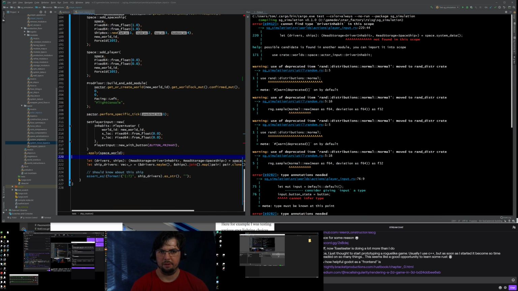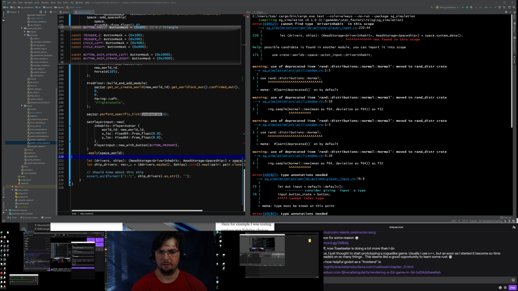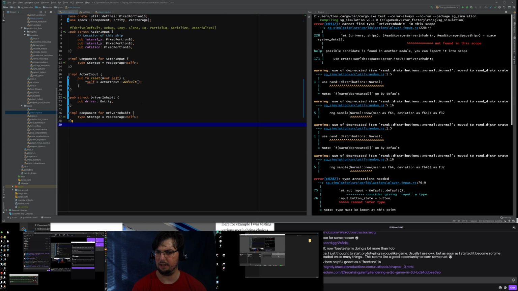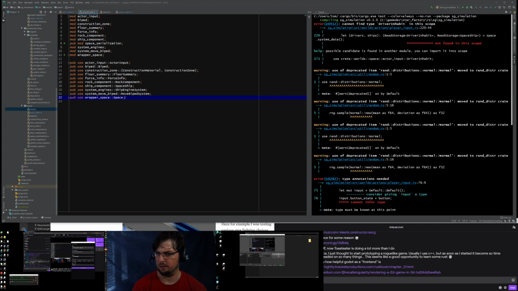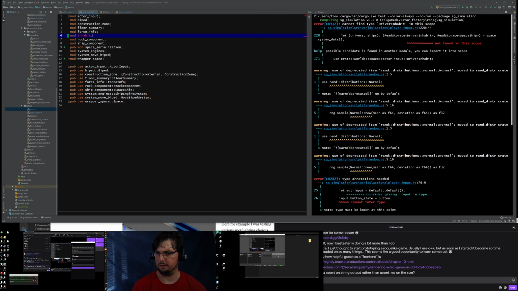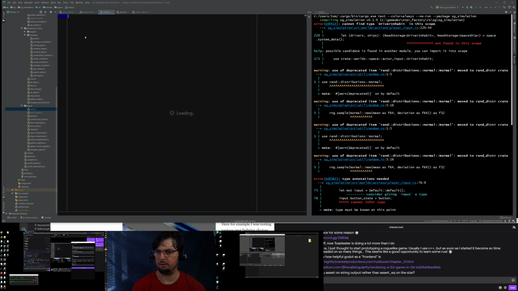So it doesn't know what a driver inhabit is, which isn't surprising, and the reason for that is because I added it straight in actor input. Now it's probably going to be very confusing to have this in its own file, so we'll go back into mod and we'll make a module called mod inhabit, right, and then Alt enter on this, create a module for it, add driver inhabit, and then this is going to require use